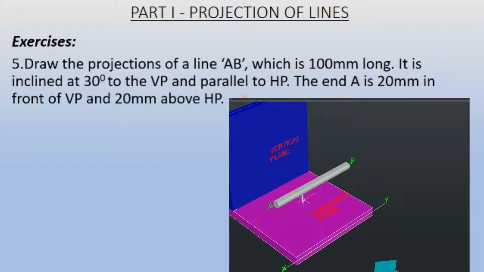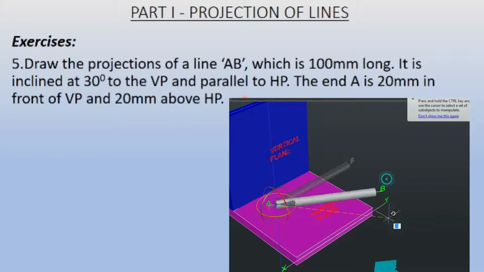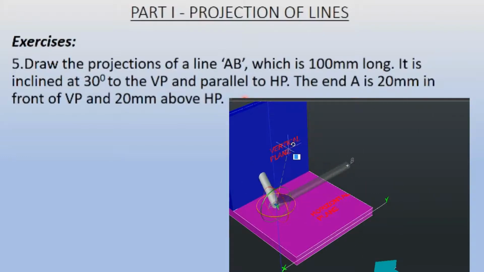So I will make the inclination angle with respect to the vertical plane. So I'll show you. Now you see that this is the vertical plane here, and I am tilting with respect to it. So let's say the angle it is making is 30 degrees. So I am tilting in this fashion, and you need to observe that in any case of this rotation, the line is going to be parallel to the horizontal plane because the horizontal plane is below this line, and now I am rotating this. So let's say this is the 30-degree angle.